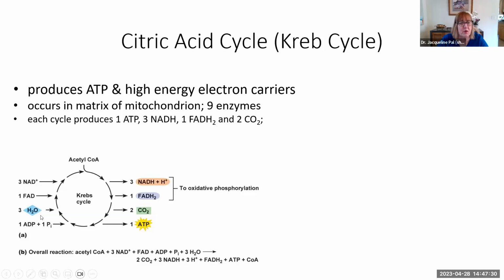And if we look at this whole thing, what you're going to see is because we are going to start with some small 2-carbon things, and we're actually going to be making longer carbon molecules, we are going to have to add some water, and we are going to make 2 different types of electron carriers. We're going to make some more NADH, but we're also going to make some FADH₂, as well as making some